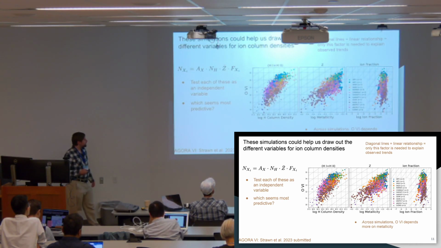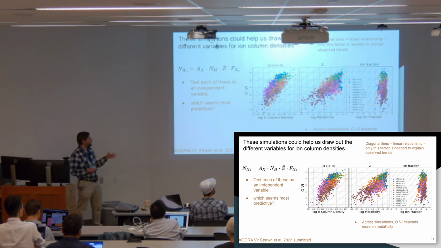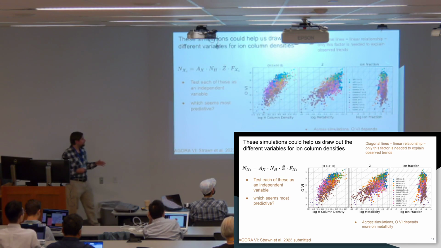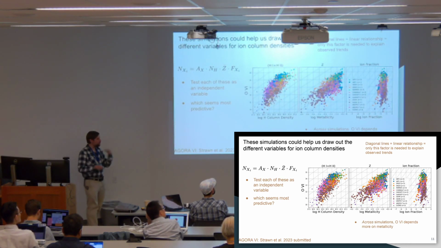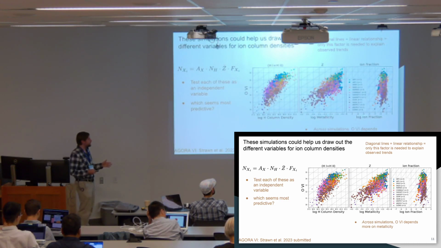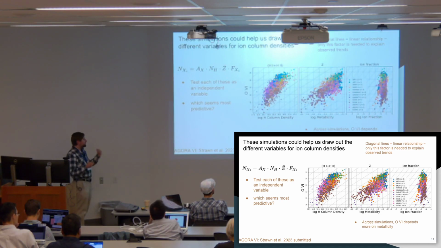And you can see for oxygen 6 that there are some correlations in total mass. There are some correlations that seem to be mostly following these diagonal lines in metallicity. There's not much correlation in ion fraction. These are all more or less constant between 10 to the minus 2 and 10 to the minus 1, basically. So these are mostly depending on metallicity, right? Oxygen 6 is being predicted best by metallicity among these things. And we'll see how that changes with different ions.